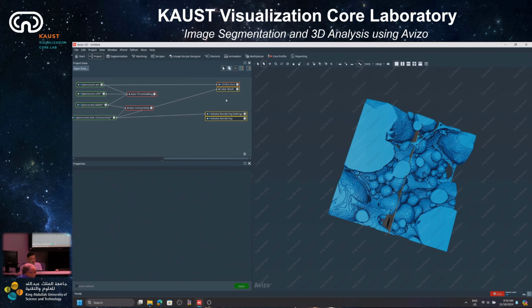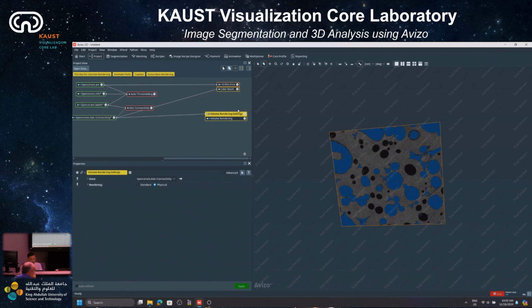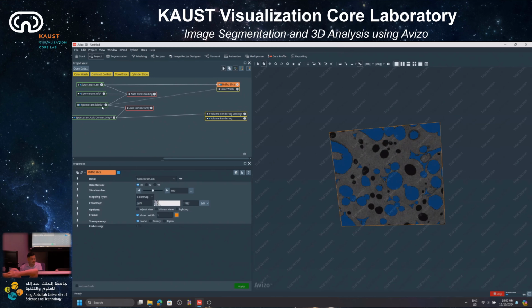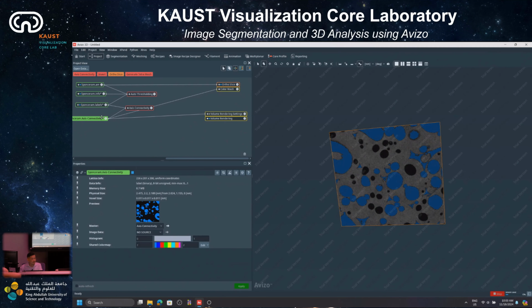Maybe you need to adjust the transparency. Yeah. But as you can see, when you apply axis connectivity, the